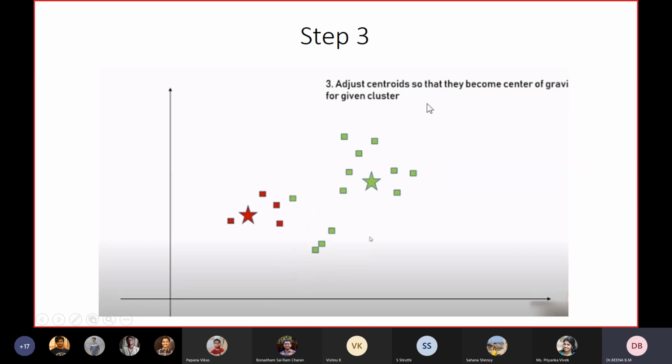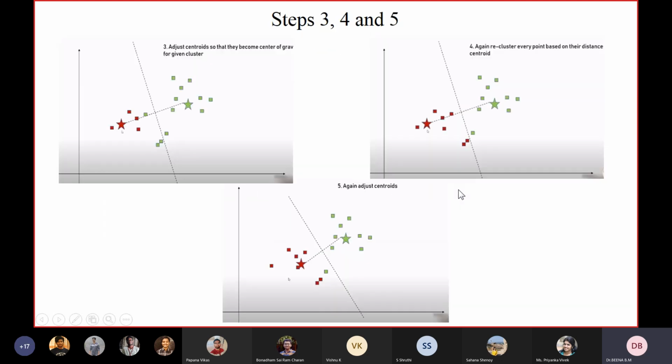Third step is adjust the centroids so that they become the center of gravity for given clusters. So keep adjusting the centroids so that they become the center point of the surrounding data points. Next, step 4: again, recluster every data point based on the distance.